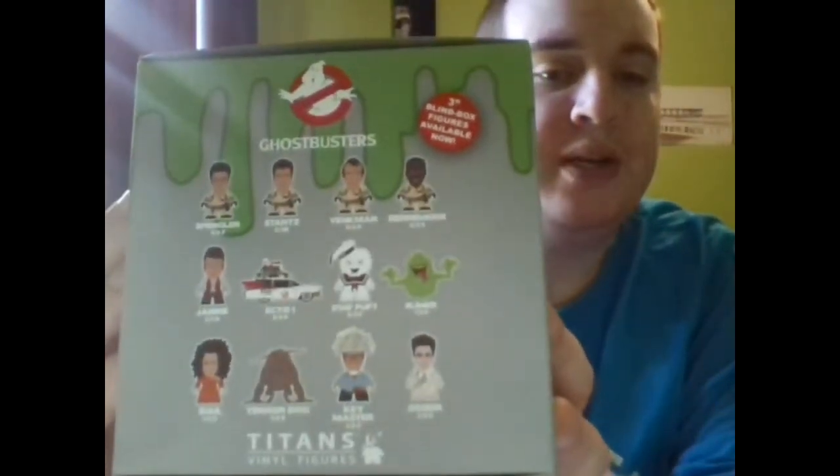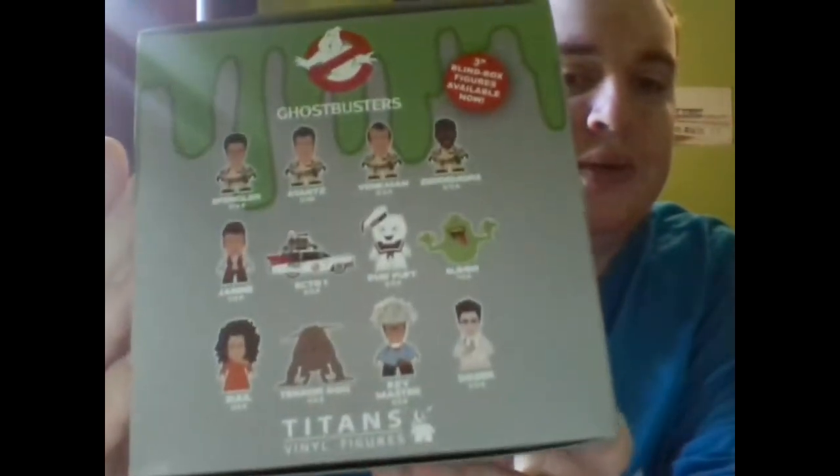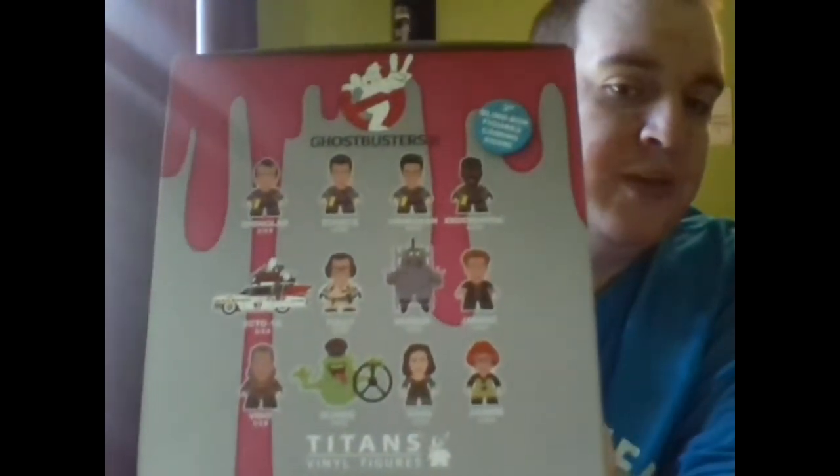And this is a 6.5 inch, and yeah, I'm keeping it in the box, and I'll probably display it in the box, which makes glare so very nice. A 6.5 inch Titans glow-in-the-dark figure, being Slimer, so it sort of goes along with the first set of Titans figures that they released, and then the ones for Ghostbusters 2. I'm not sure if the second ones are out yet, but to give you a little idea on value,